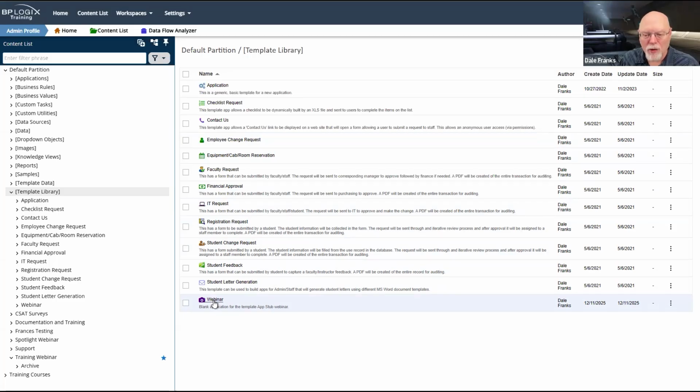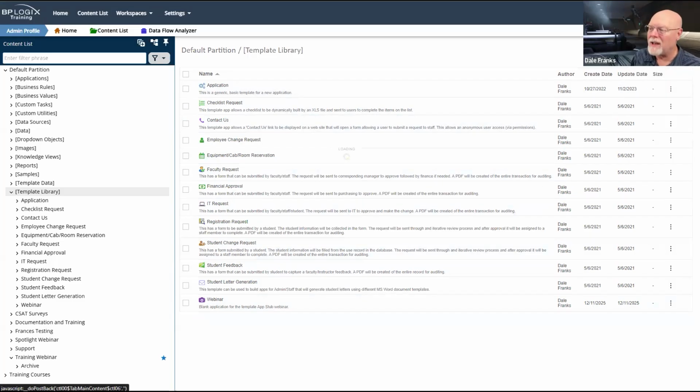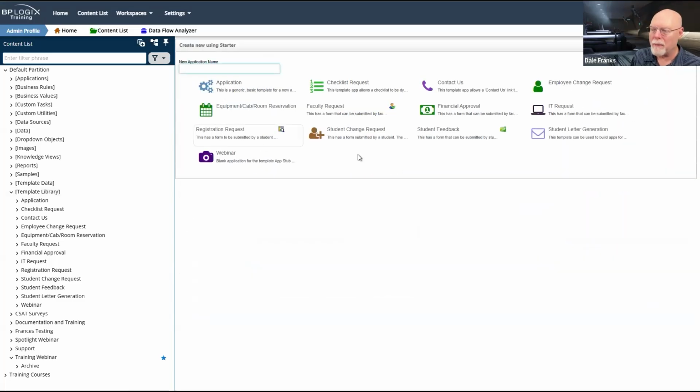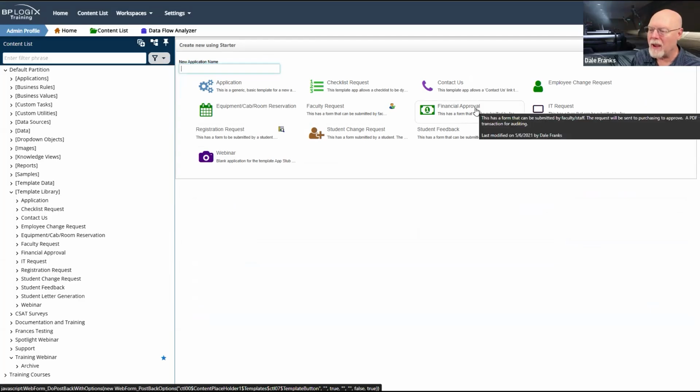But this is one of those cases where the description is important because the people who are going to be creating applications need to have a clear idea when they go to that start from template of what that application does, so that whenever they mouse over it, they get to see whatever description you've given in a pop-up.